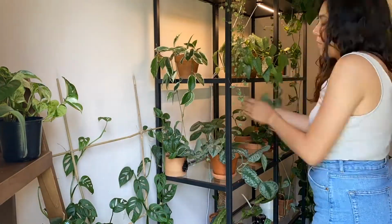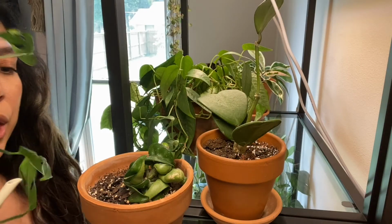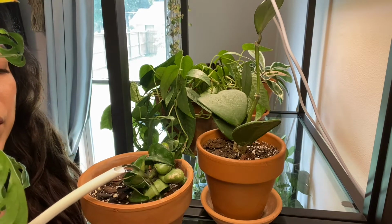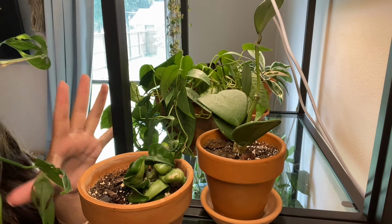Okay, so last week I cleaned all of the saucers of all the plants on my shelf, so I need to put them back, and then there are some plants that I also need to water. So most of these plants I watered last week, so I'm basically just following up with the ones that I know need watering. Not everybody needs like a thorough watering, but it's so much easier to water on the shelf